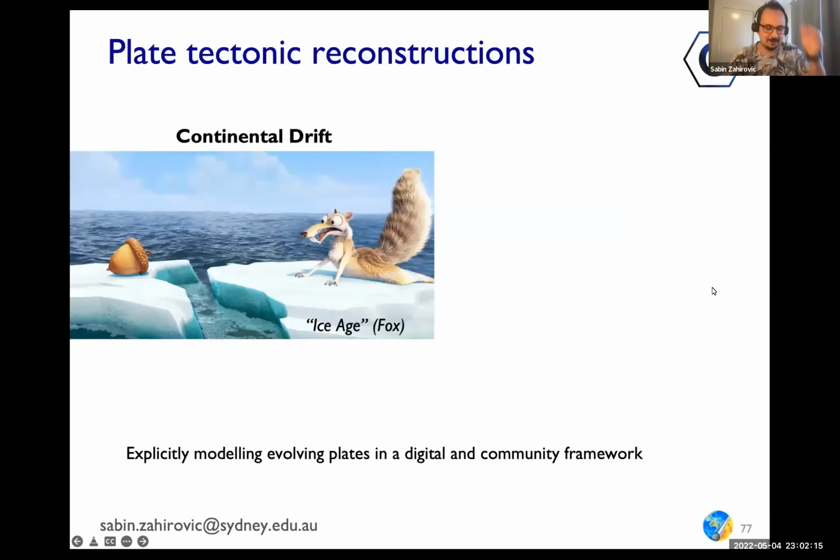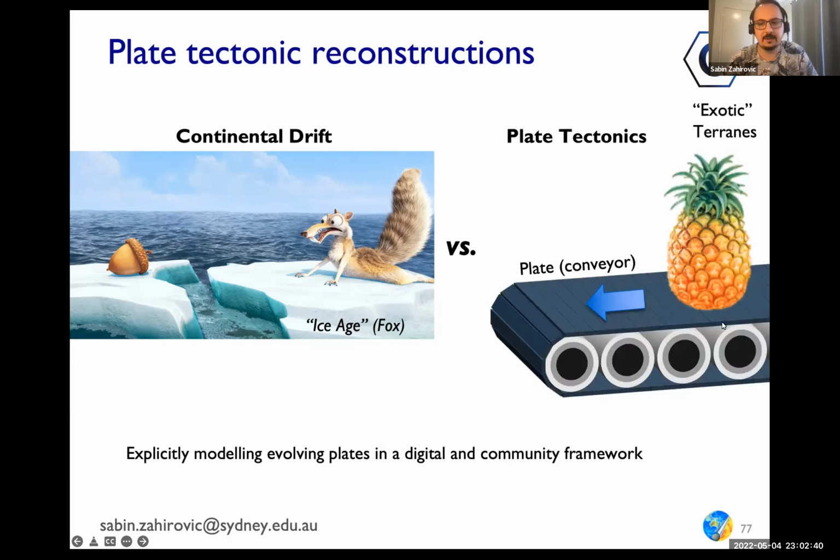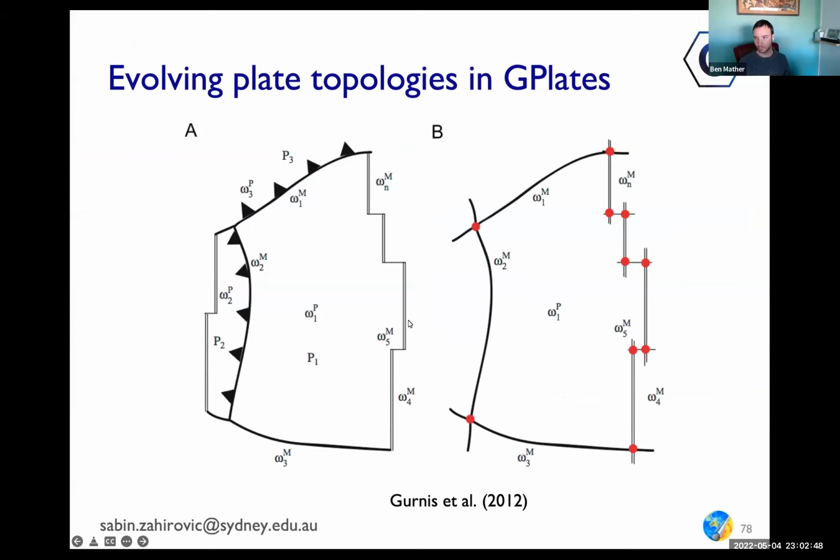So let's move through. One of the biggest advances that GPlates has been able to make is to move beyond this very simple idea of continental drift, of just individual terrains floating around, rotating freely, not really being able to consider what plate motions might be required. Because plate tectonics is essentially this requirement to have a kind of conveyor system. And so the huge innovation in GPlates, back in 2012 when we introduced it, is this idea